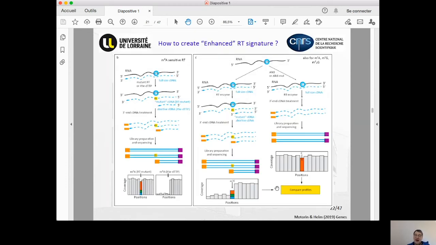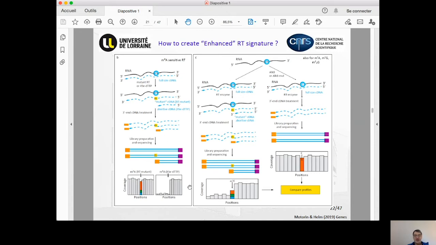So can one enhance the reverse transcription signature? This was shown for detection of M6A, because M6A is normally RT silent and cannot be detected by reverse transcription signature directly. But if mutations are introduced in the active site of the reverse transcriptase, or an analog of dNTP, here selenium-substituted thymidine, is used, M6A will generate a reverse transcription signature either by abortive cDNA synthesis or by misincorporation. So for the RT mutant, misincorporation at M6A sites was detected,